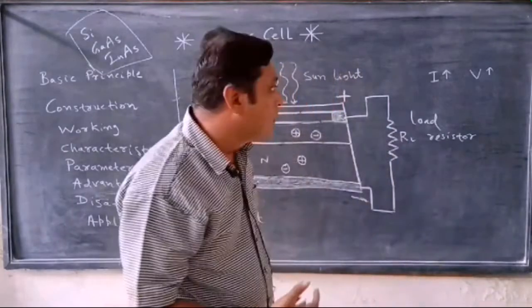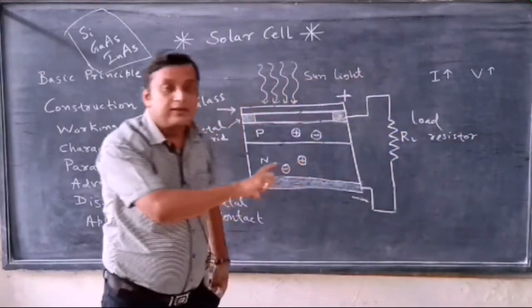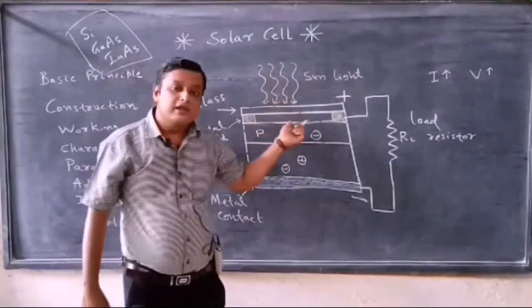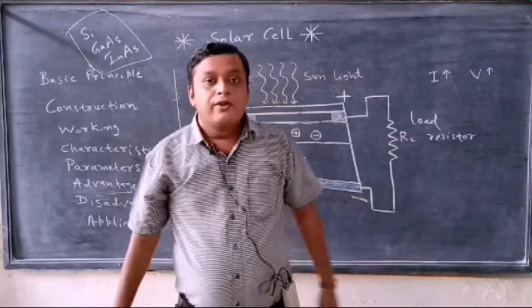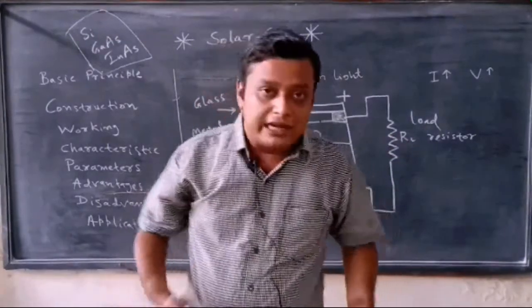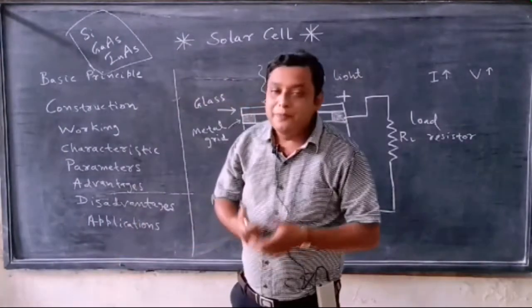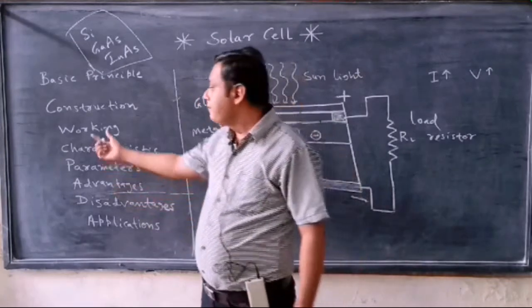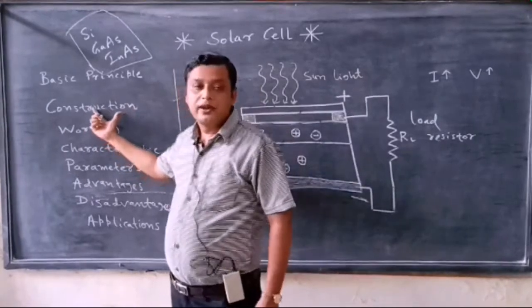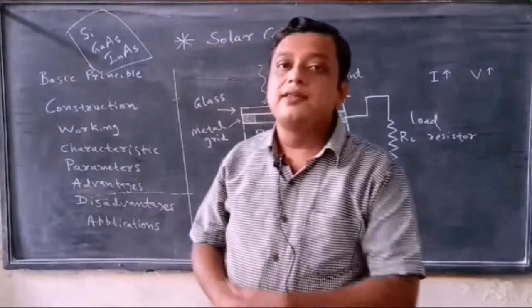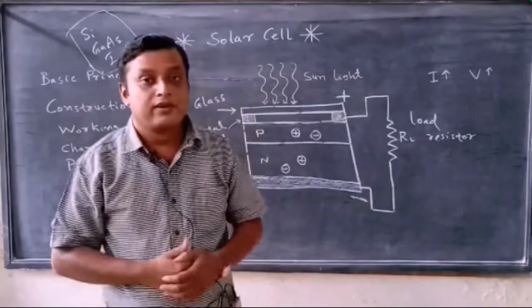So in order to measure the voltage or potential difference across this solar cell, whenever light energy is falling onto the solar cell, I must use a load resistor RL. So whatever I have described from this figure should be written in the portion of construction. This will be the construction of the solar cell. And after completing the construction of this solar cell, we will move to the working, that is, how the solar cell works.